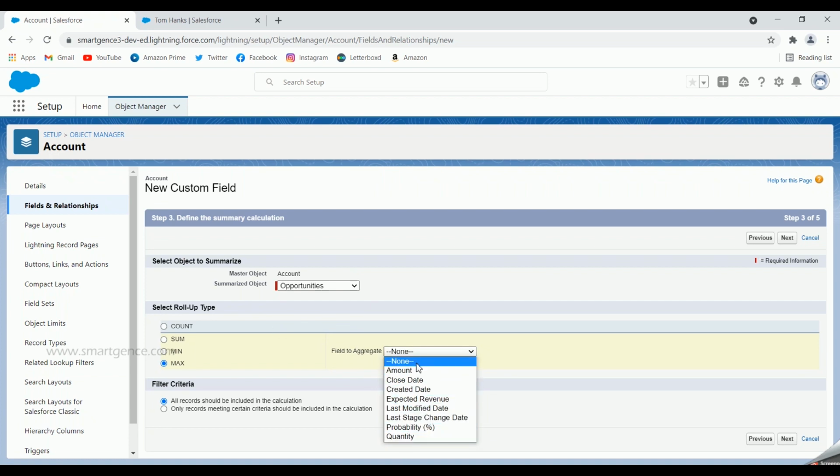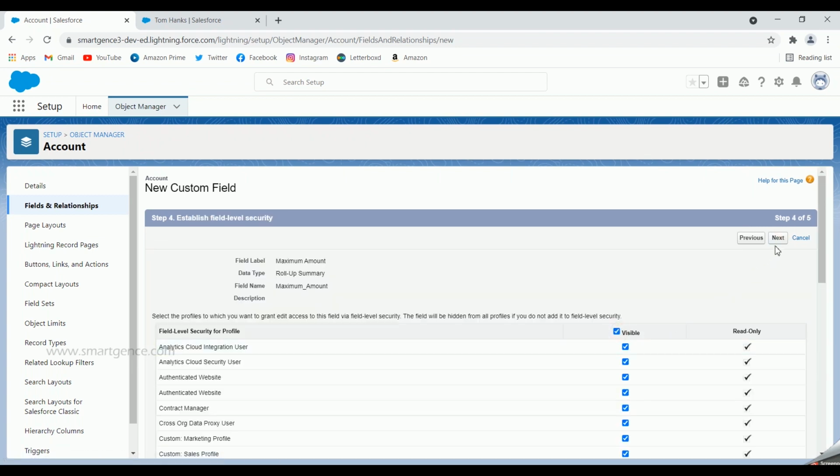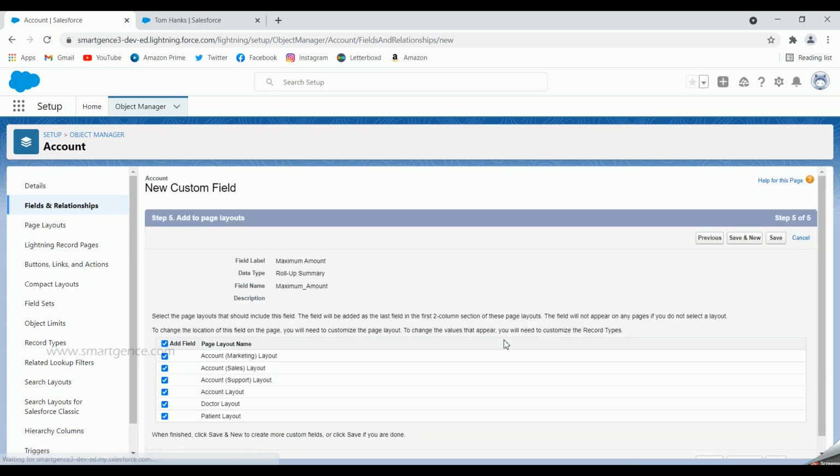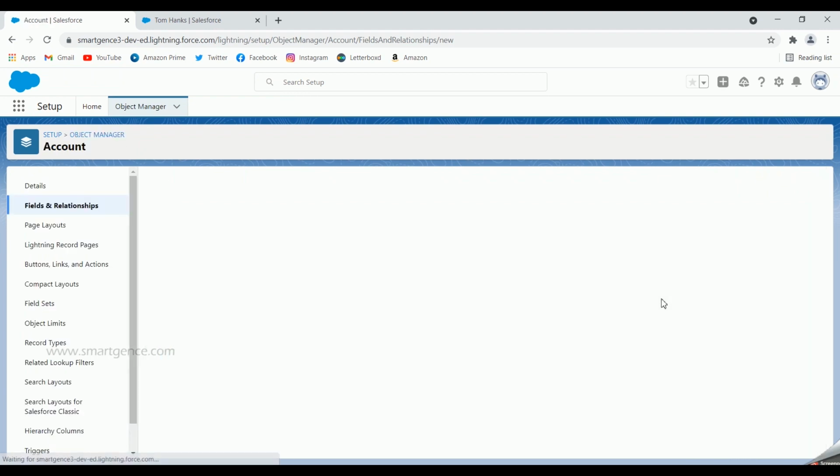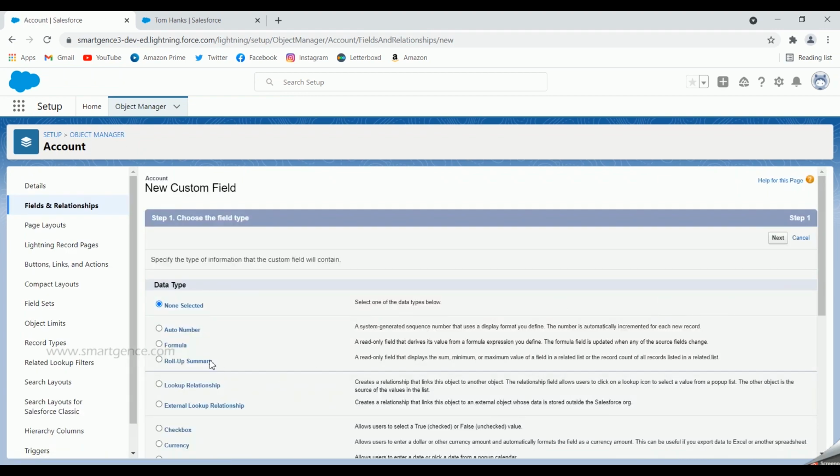So in our case we want amount, clicking on next, and visible to all profiles, next. This also has to be included in all the page layouts. So I'm clicking on save and new, since we have to create one more field for the minimum amount,